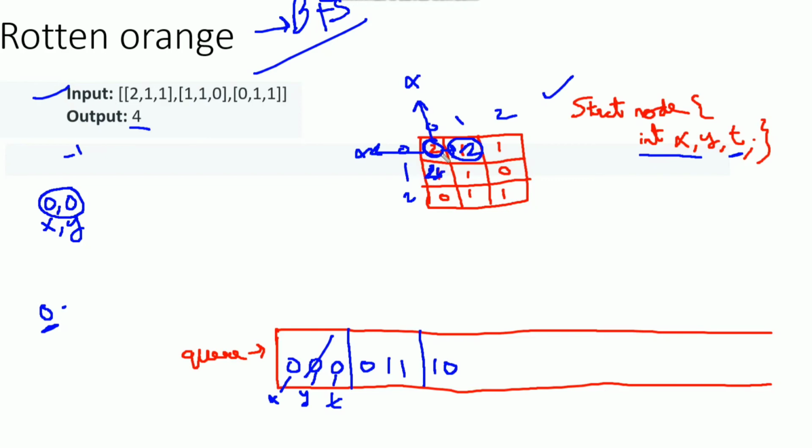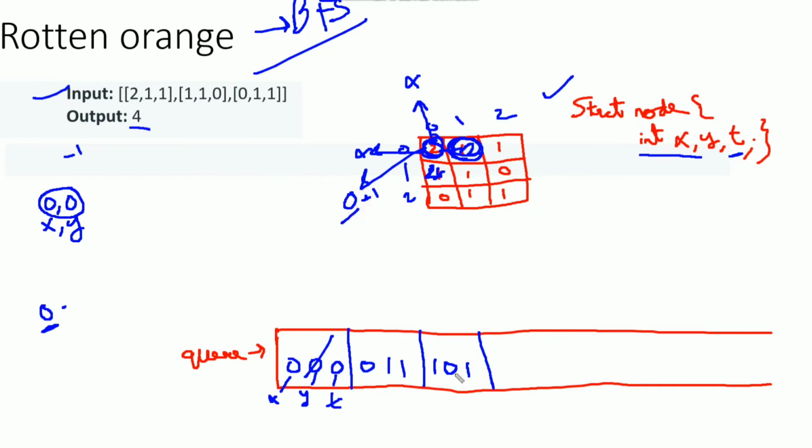The initial time was 0 plus 1, which means 1. So it also takes 1 unit. Converting the adjacent locations will take the initial time of the current location plus 1. The current location's initial time was 0, so the time taken to convert from value 1 to 2 is 0 plus 1.